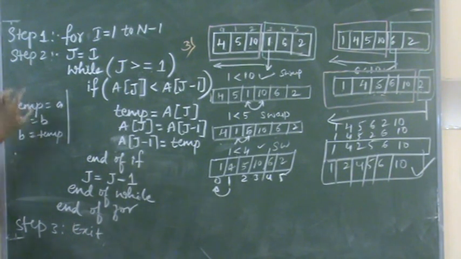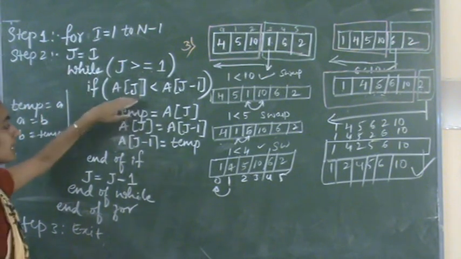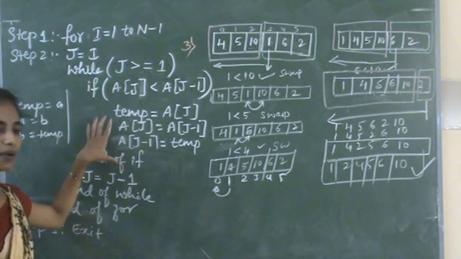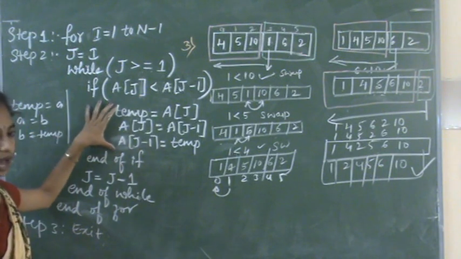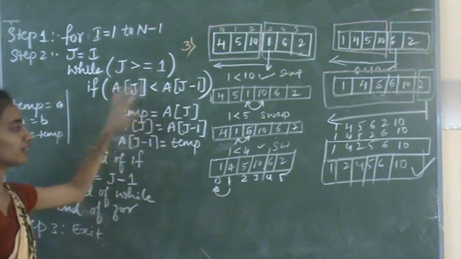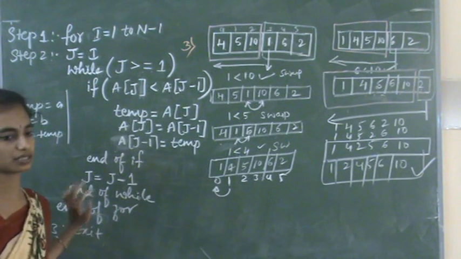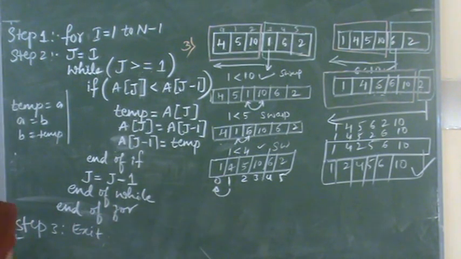In this algorithm we are just taking an array, and with the help of that array we are using the concept of swapping. Using this swapping we swap the elements if it is less than, otherwise we go on as usual to sort the elements. The remaining things will be studied in the next class.